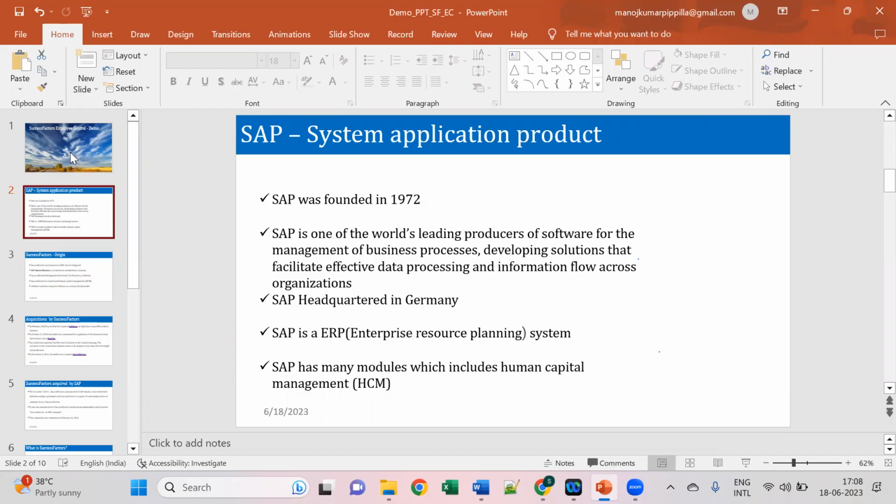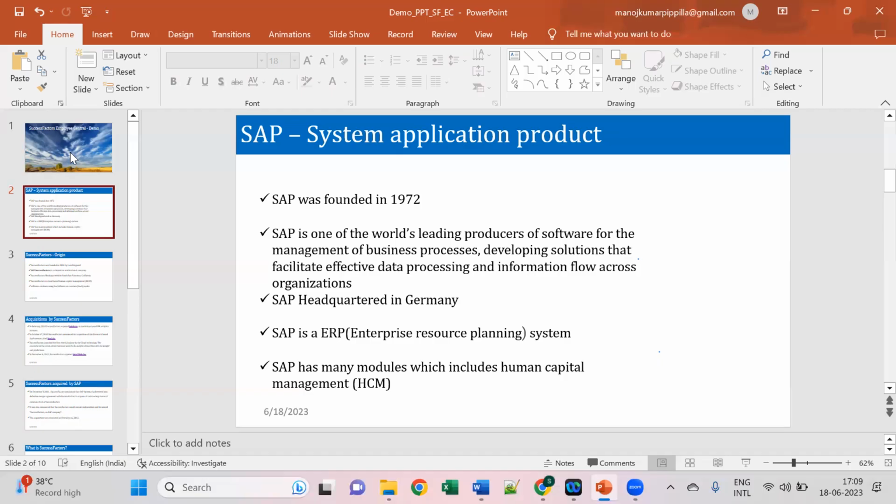Within SAP, as we discussed, it is used for complete business purposes. Employees are also one of the resources. Even if it is a manufacturing company or a software company, there will be employees working. So employees are a resource for any company.